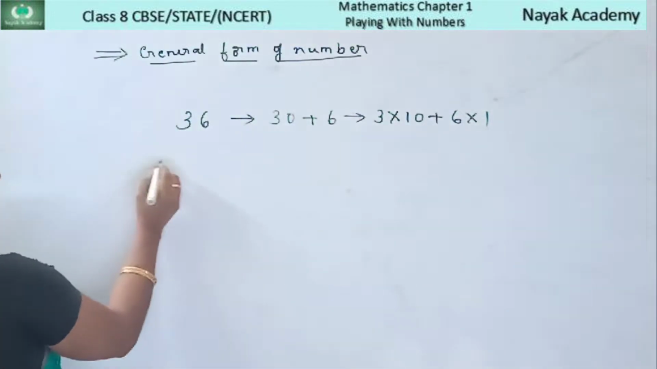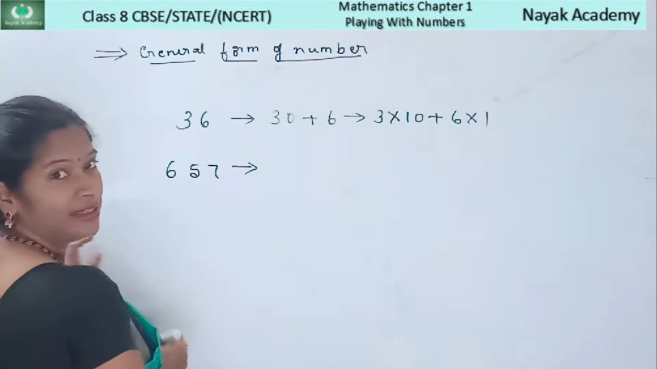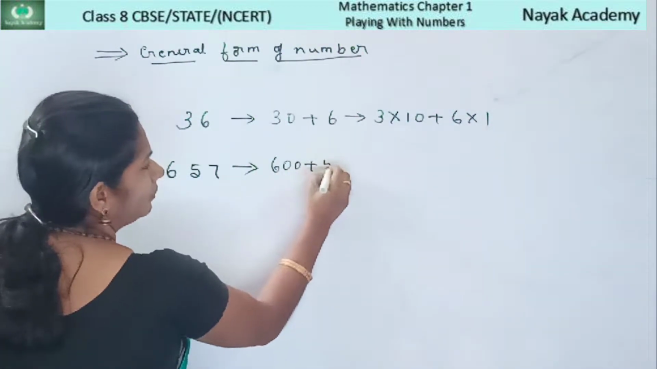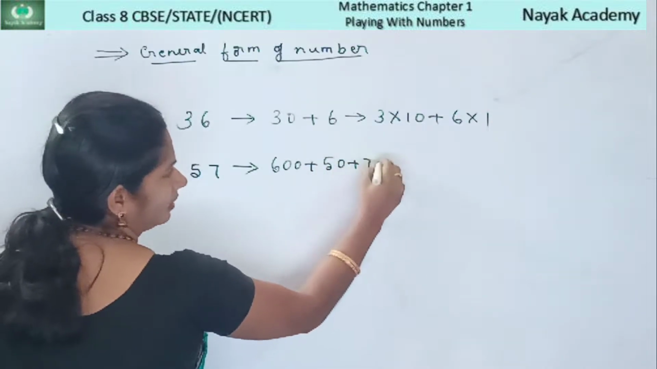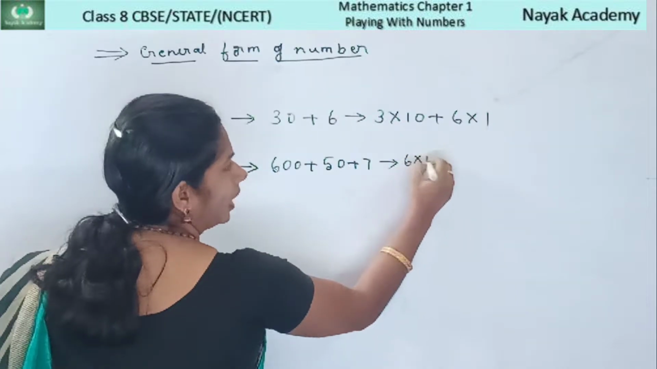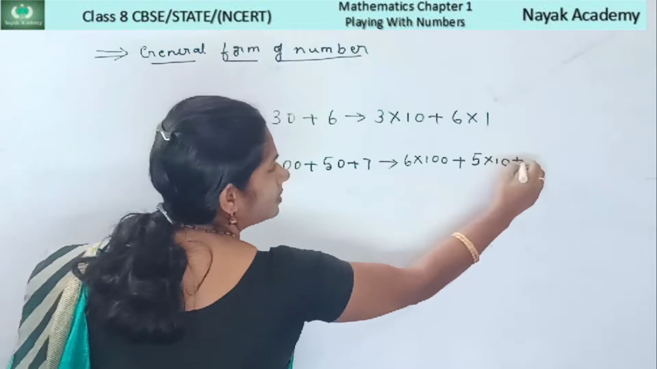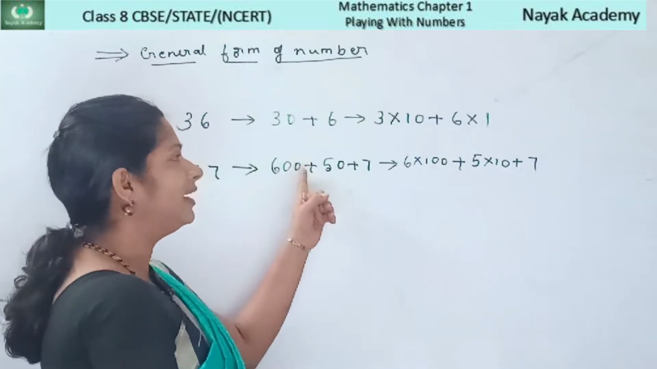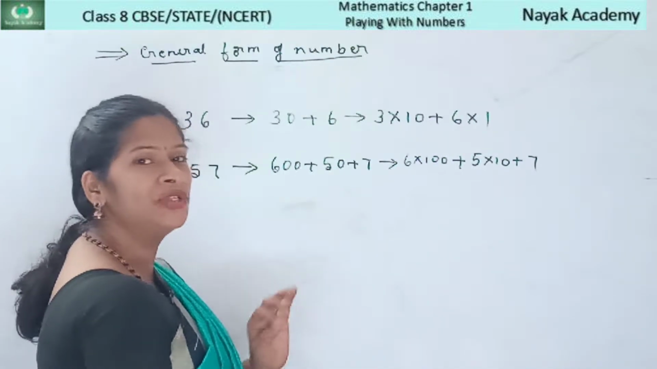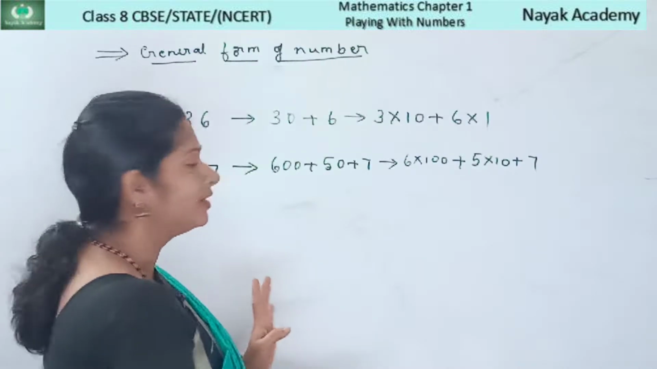If we take the 3-digit number 657, then we can write it in the general form 600 plus 50 plus 7. So you can write in the expanded form 6 into 100 plus 5 into 10 plus 7. So while writing numbers in their general form, we multiply the individual digits with their place value and add them together. For example,